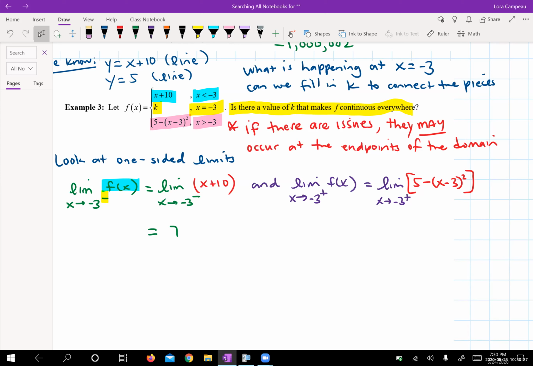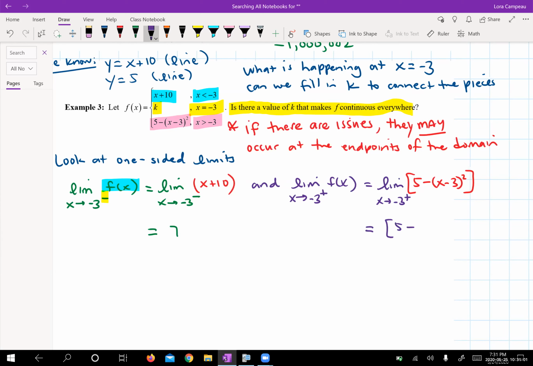So now we know no matter what, we can play with -3. We already have a parabola. We know it's not going to be undefined anywhere. We can use direct substitution. We can plug in -3. And actually, I'll do this by hand because it's a little more complicated than -3 plus 10. But using direct substitution,